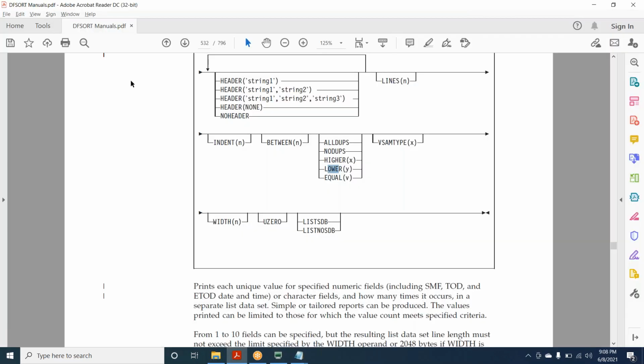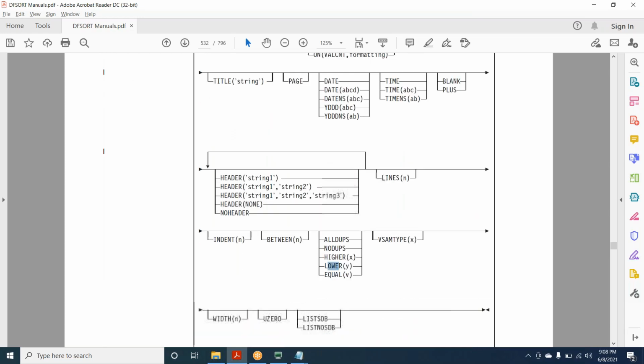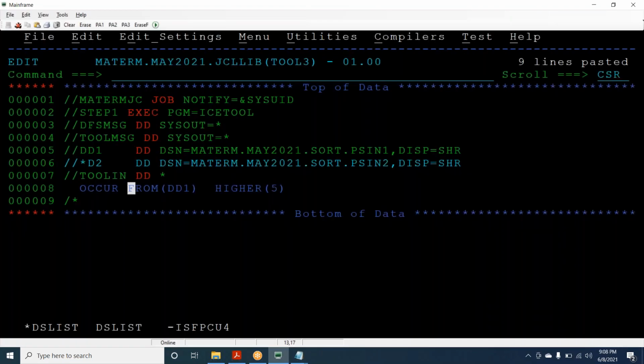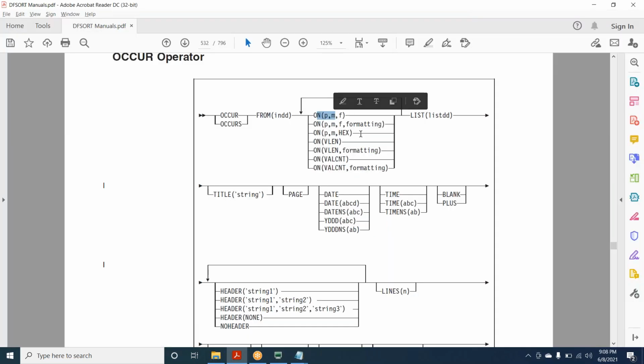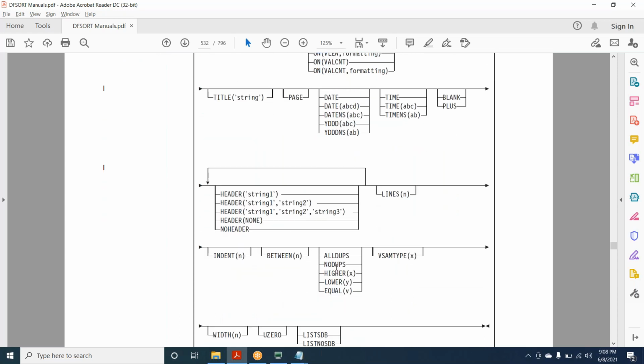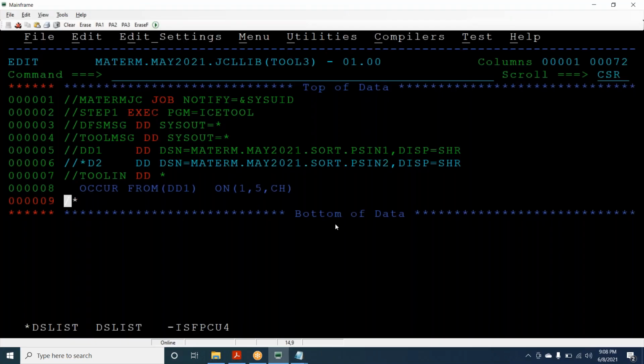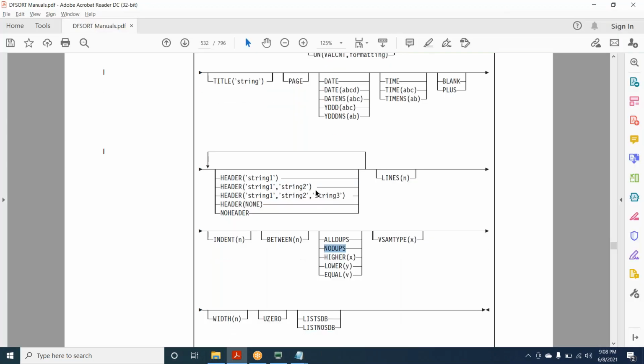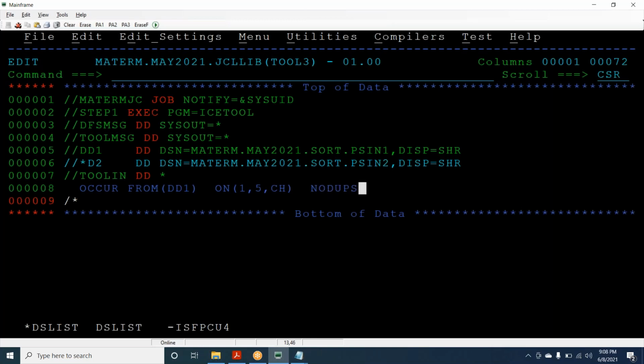From DD, I will write ON 1,5,CH. 1 means the starting position of the field, 5 means the length of the field, in CH format. So what I will do is write NODUPS, or ALLDUPS. Let's say NODUPS and then try.